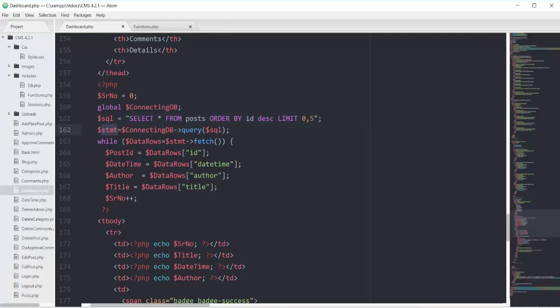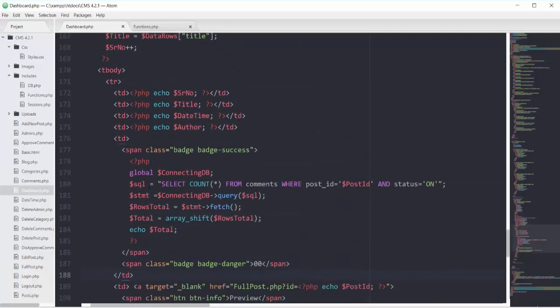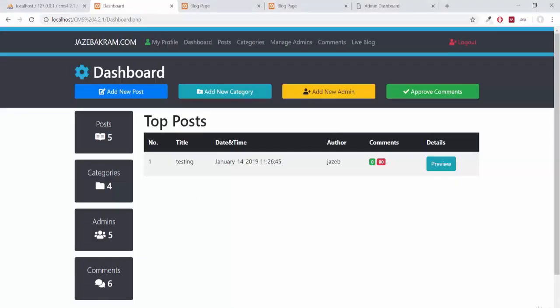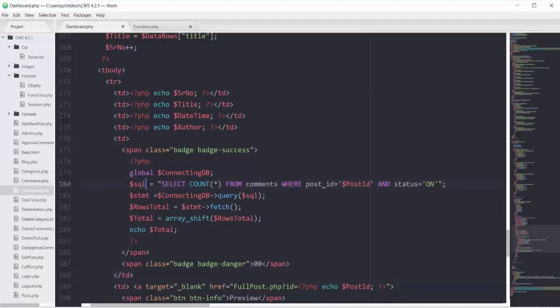And then inside this while loop, I'm running another code that is using the same variables of SQL and STMT. That's why my code is getting confused about which SQL and which STMT to use, and it's showing me only one post here. So if I change these variables from SQL to SQL approve, also making it here, and STMT approve here and here.